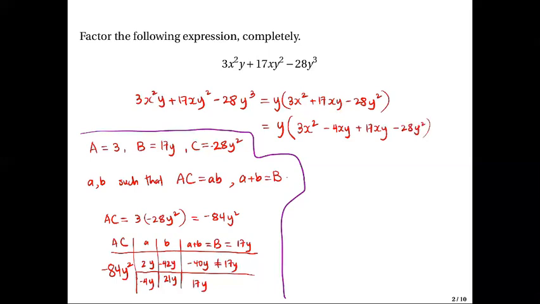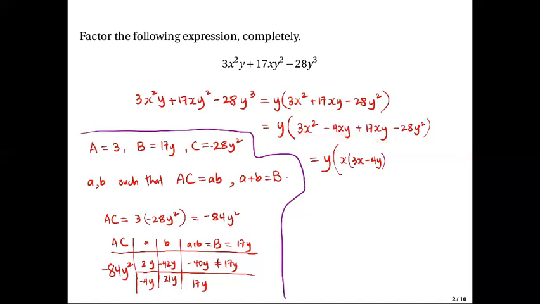Take note, the x is still there, so don't forget that x factor. Then you group these terms. For the first group, we can factor out x. If you factor x, you will have 3x minus 4y for the first group. And then for the second group,